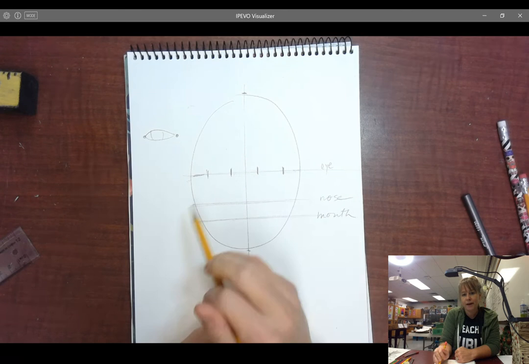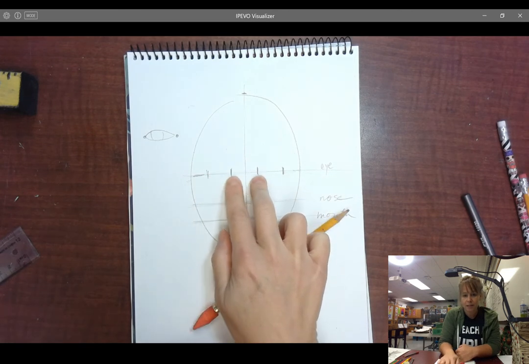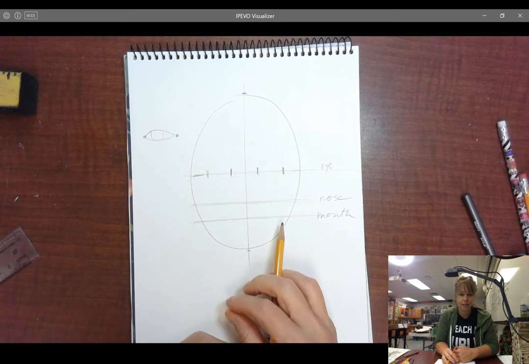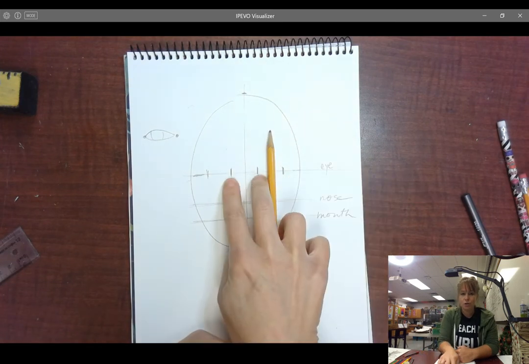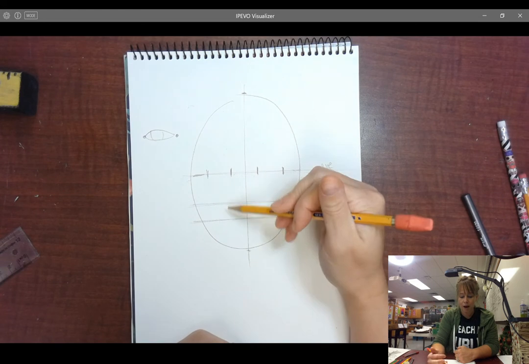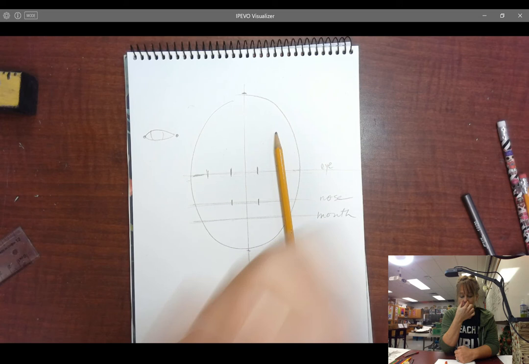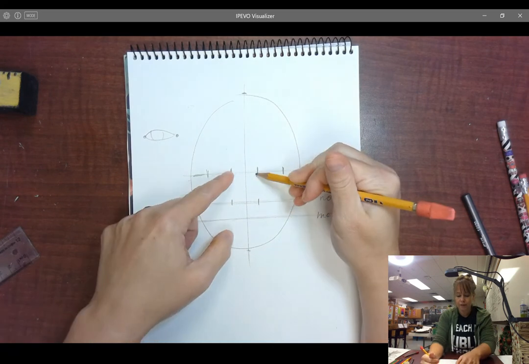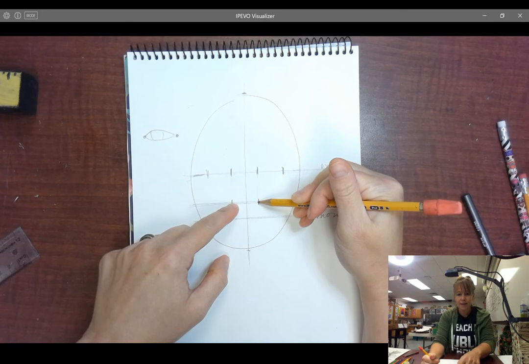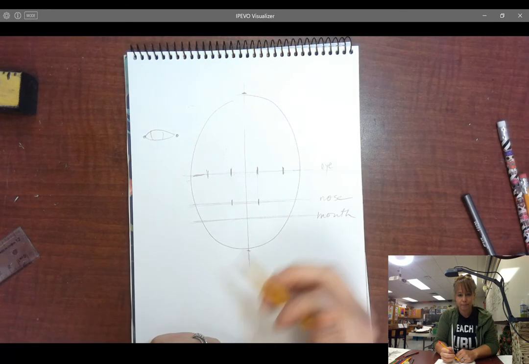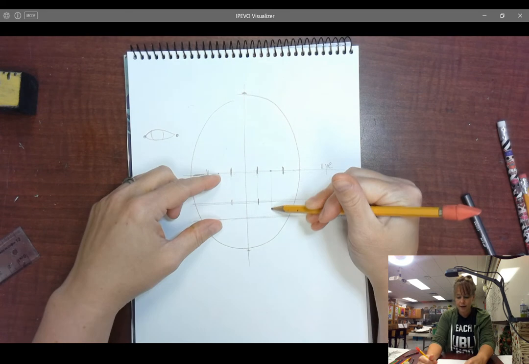So I've tried to divide that fairly evenly, and the space of the length of an eye is also the distance between the two eyes. That's where your eyes are going to go. Your nose, if you go straight down from the inside corners of your eyes, you can do that with your fingers if you don't believe me, just straight down the center of your face. If you put your fingers on the inside corners of your eyes and go straight down, that's where the outsides of your nose are going to be. And about in the middle of your eyes, if you go straight down from each eye,